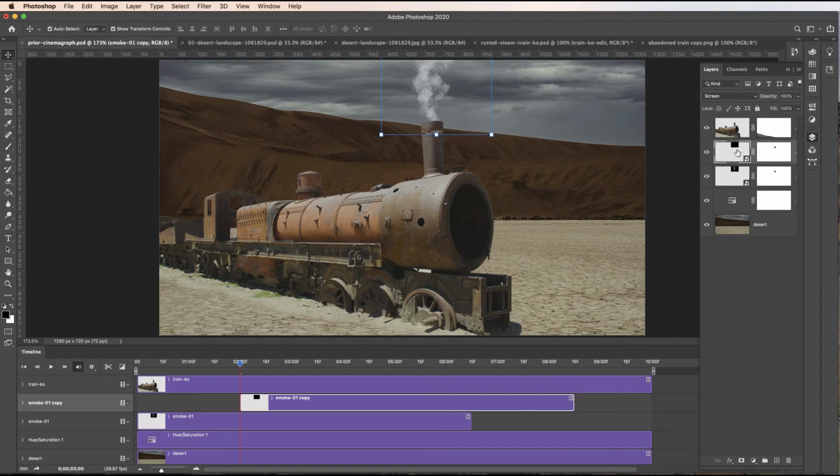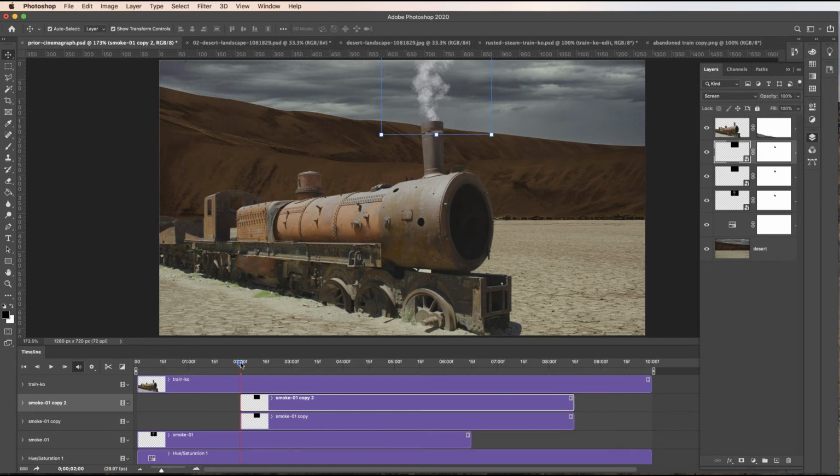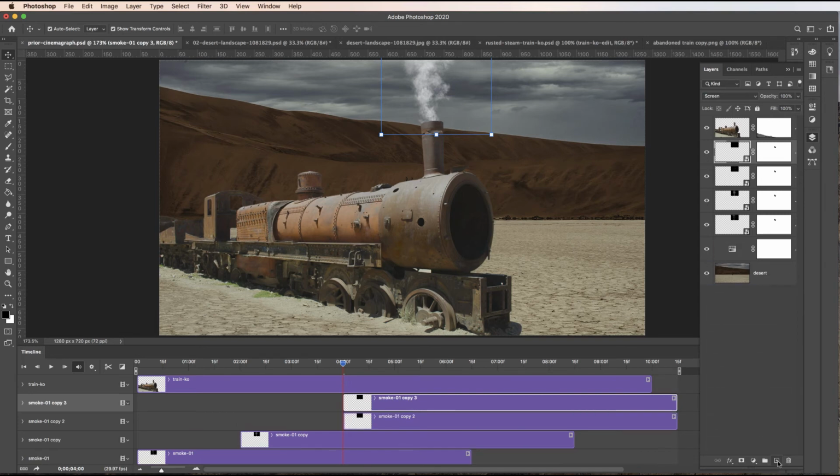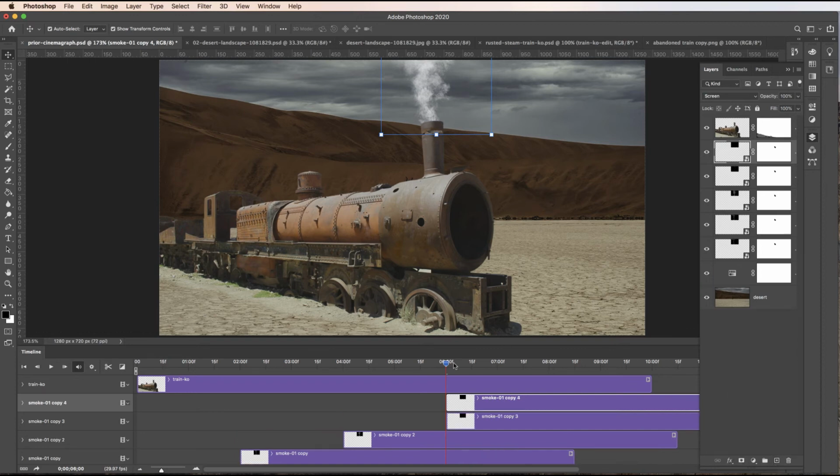Okay, so let's take our smoke, and we're going to copy this one more time. We'll move the playhead to 4 seconds, like so. We'll copy again. We'll move the playhead to 6 seconds. And don't worry, the timeline's getting kicked down here. We'll trim our layers here in a moment. So let's copy one more time. We will go to 8 seconds, and we'll move